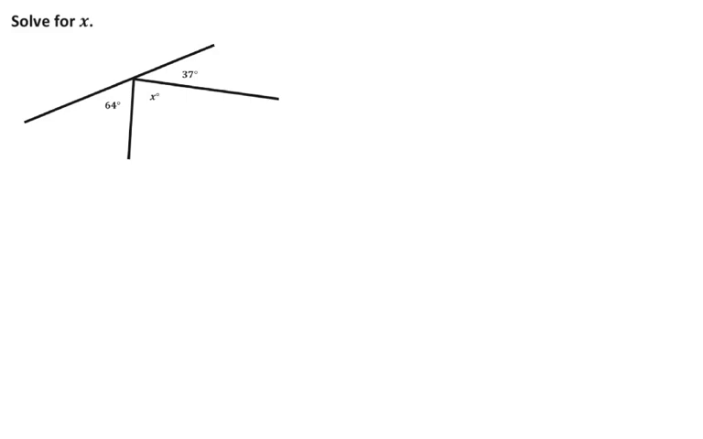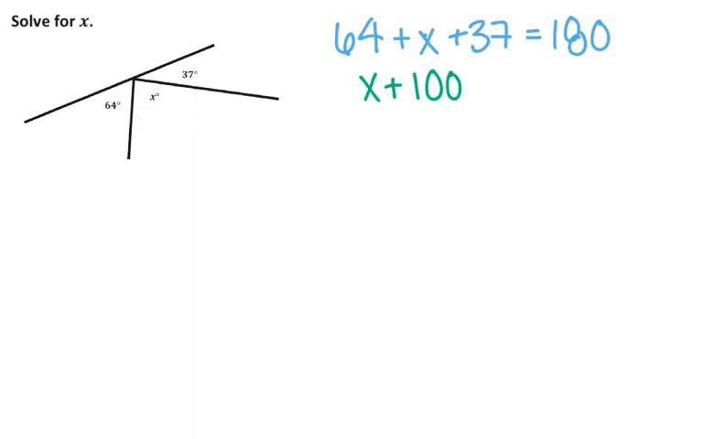So now we're going to solve for x. And we can tell that if we add up all three of these angles, we're going to get 180 degrees. So I'm going to have 64 plus x plus 37 is equal to 180. We can add 64 and 37 together to get 101. So we're going to have x plus 101